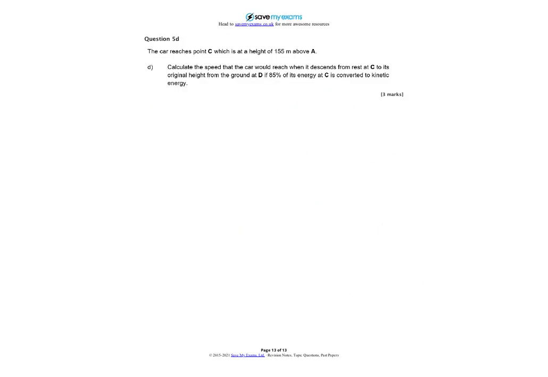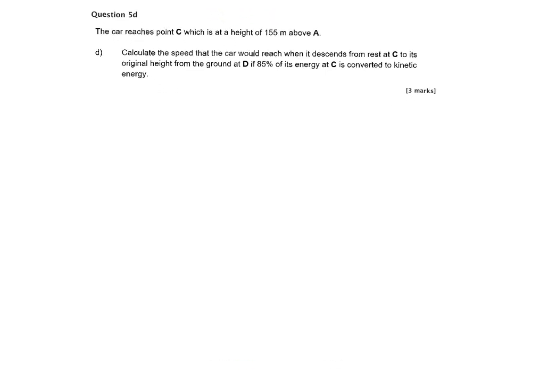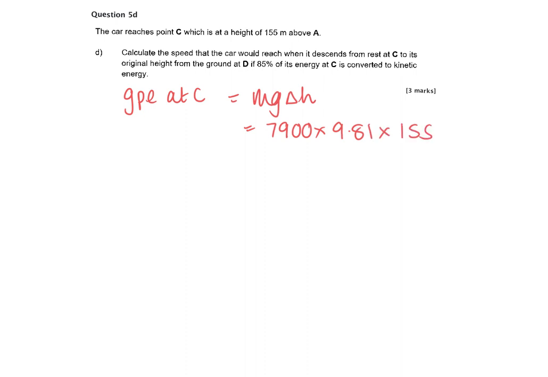On to our final question, final part of the question as well. Question 5d, the car reaches point C, which is at a height of 155 metres above A. Calculate the speed the car would reach when it descends from rest at C to its original height at D if 85% of its energy at C is converted into kinetic energy. So we're going to start with its GPE at C, which is mg change in height. So the mass is 7,900, times it by gravity, times it by our height, and we get